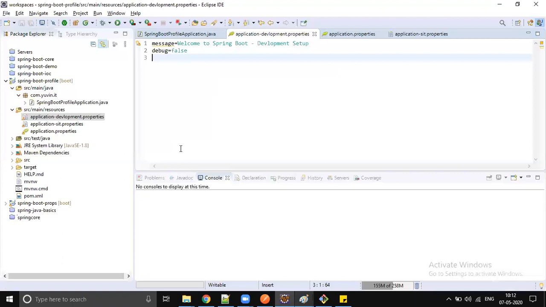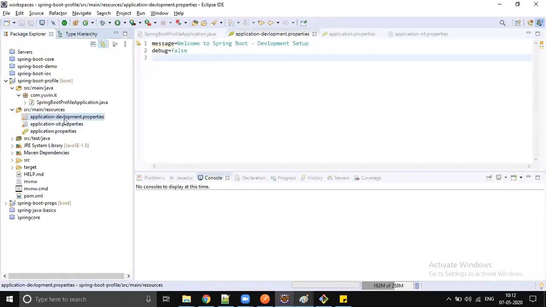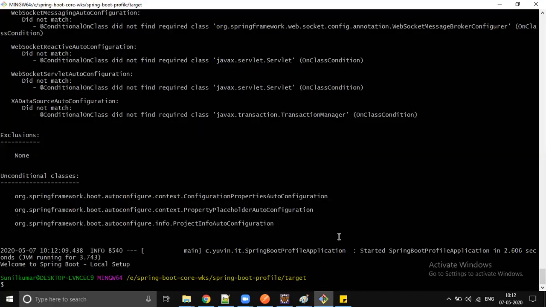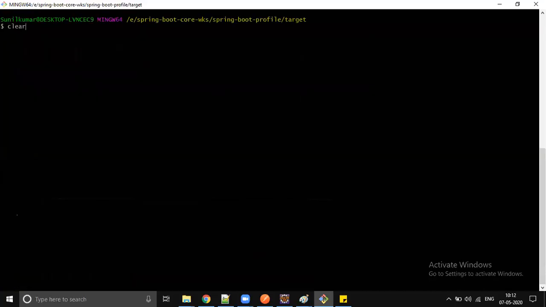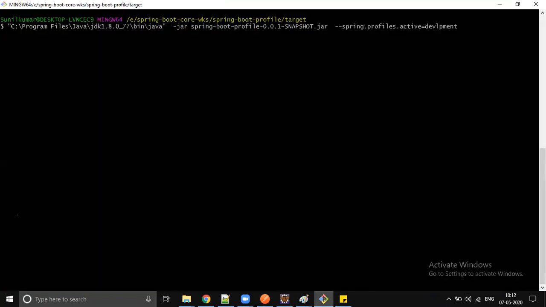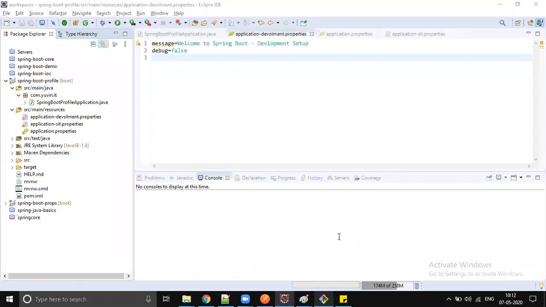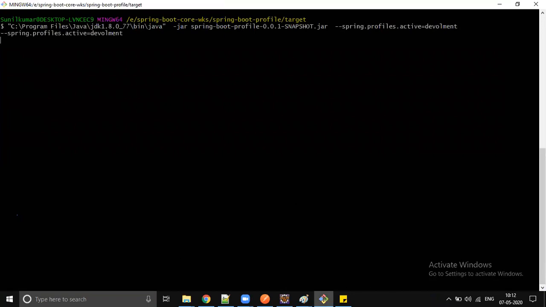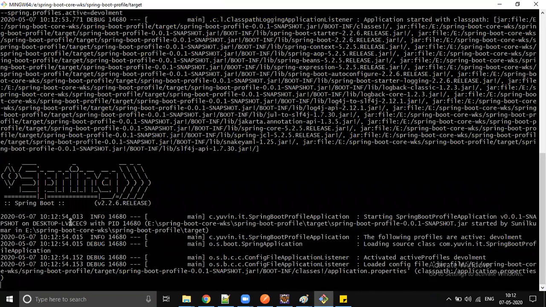Oh, now I'm changing the property file name. Before the build, it was a different name, right? Okay, let me rebuild the application. Do you remember what name I gave before? It's develop, right? So that's the same property I should pass. After building the application, if you change it, the jar file won't reflect it. Wait, that is a mistake from my end. The name is development. Run this. Now it's going to pick the properties file.